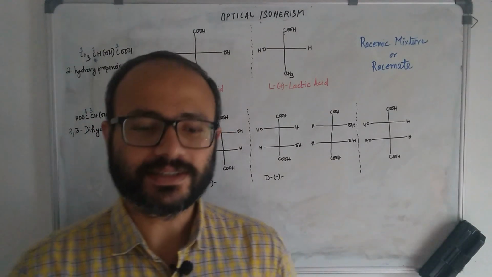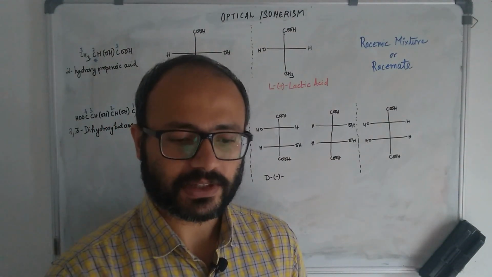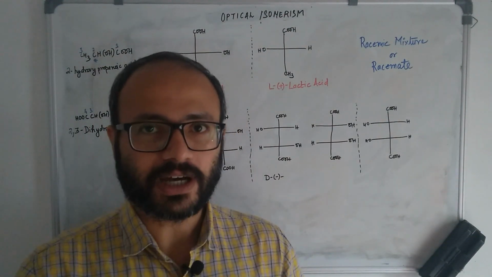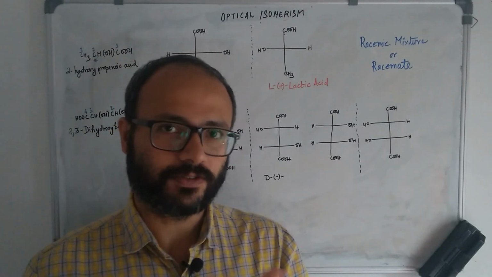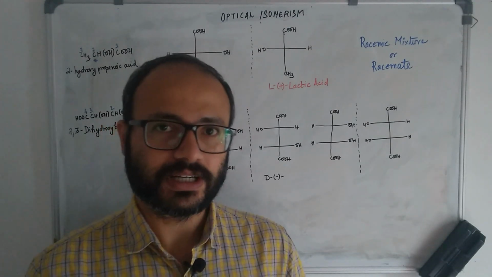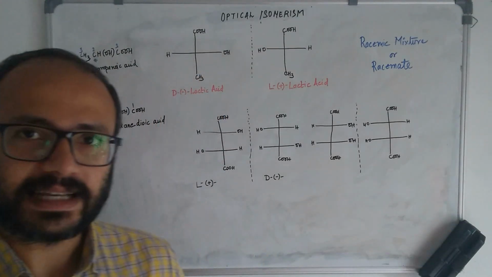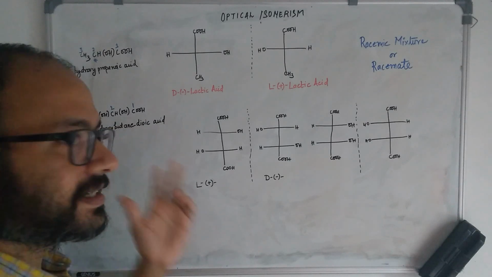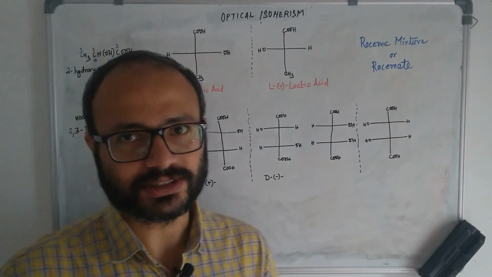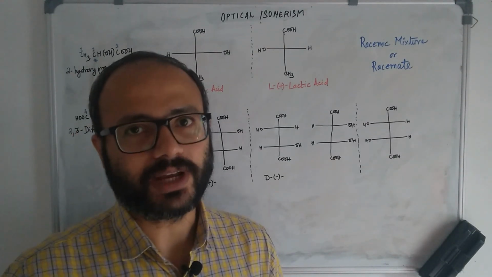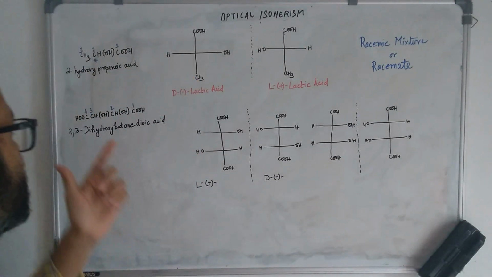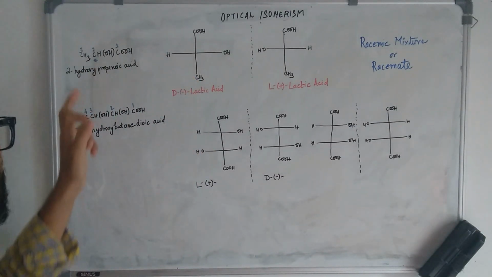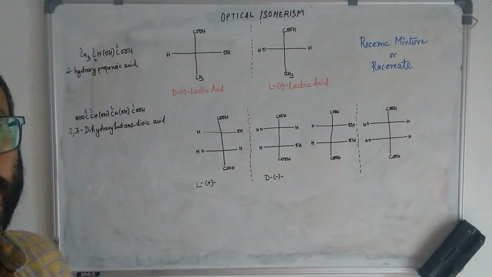Good morning, everyone. So today we will wind up our optical isomerism with the discussion of two molecules that are there in your syllabus, and that is lactic acid and tartaric acid. So I have discussed this previously in our live session, so it just would be a summary of what we have done in here. So let's discuss the first molecule that is there in your syllabus, and that is 2-hydroxypropanoic